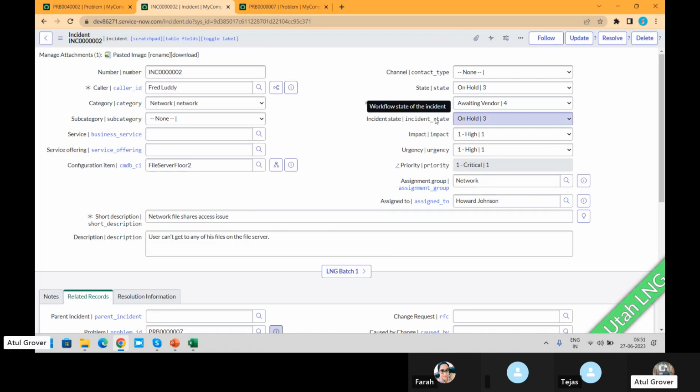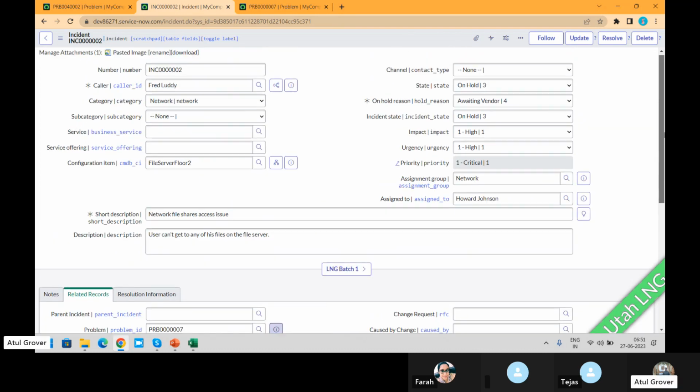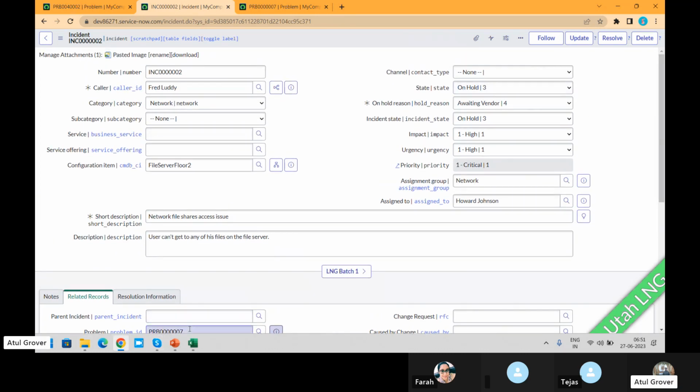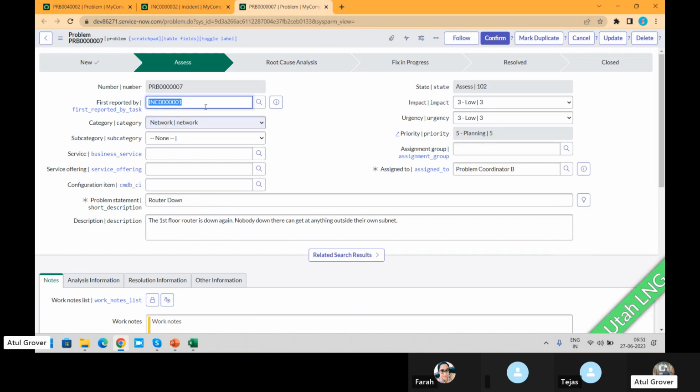It's like building a relationship. There's a concept that I forget, I guess. I created a video on it as well. Hierarchical something was there, or breadcrumb or parent, something I was missing. So it is like a relationship that this incident has this problem record, and this problem record has this incident as first reported by.